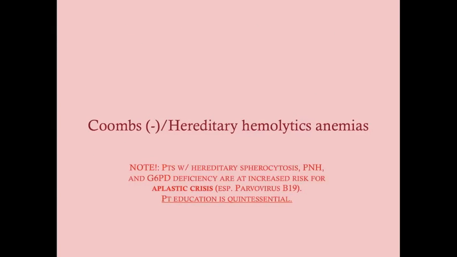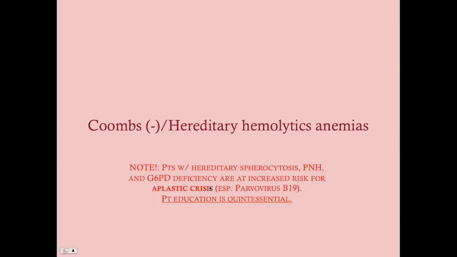Okay, so how about the hereditary or Coombs negative hemolytic anemias? One of these is non-hereditary, but they're all Coombs negative. So I'm grouping these all together, but two of these are hereditary. Just as a note, patients with hereditary spherocytosis, PNH, which is paroxysmal nocturnal hemoglobinuria, which is actually the non-hereditary one, and G6PD deficiency, these ones that we're going to talk about, all of these patients with the Coombs